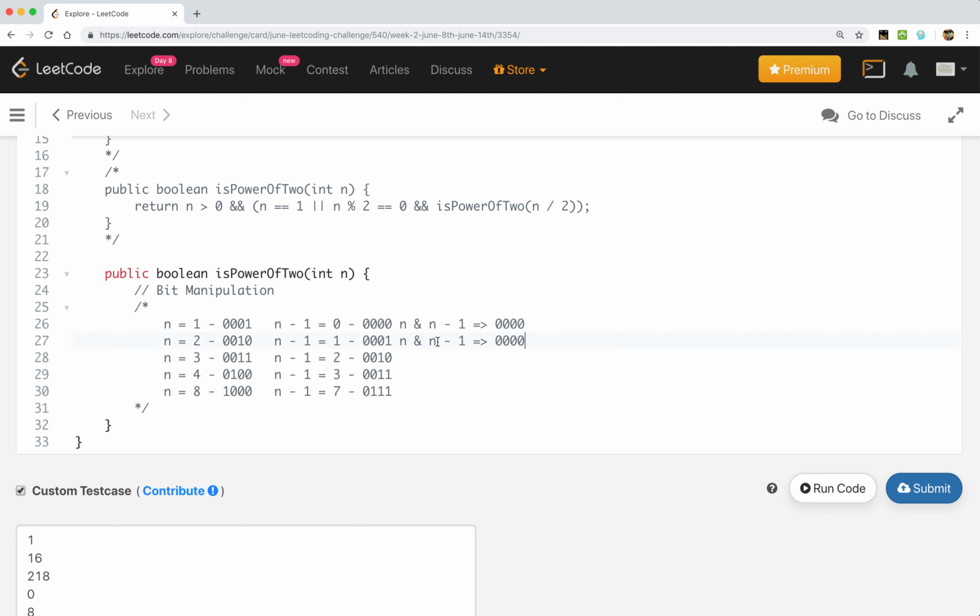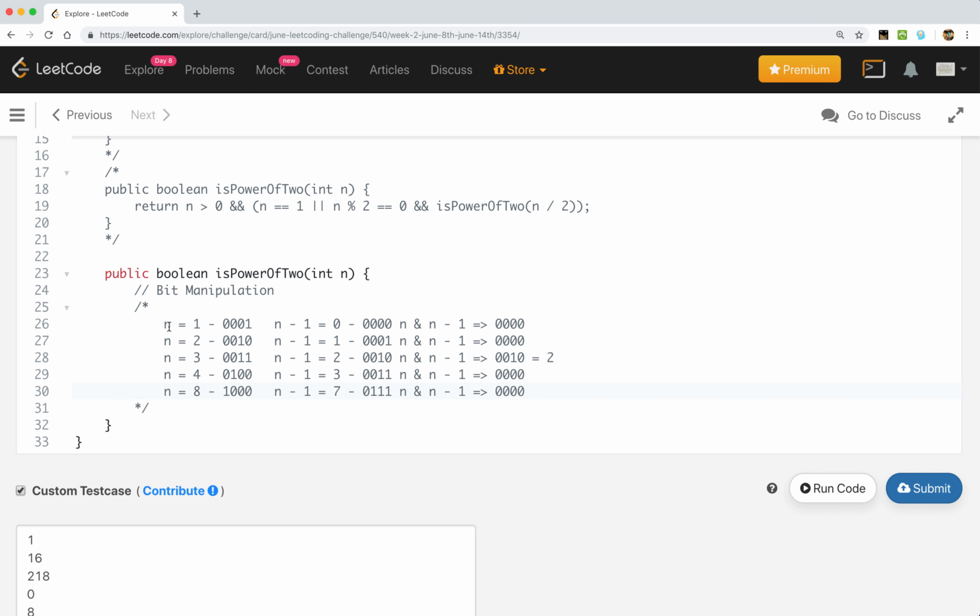For this one, let me copy only this part and calculate the other part. If we do bitwise AND of 0 0 1 1 and 0 0 1 0, we will get 0 0 1 0 which is 2. And here again, if we do bitwise AND, we get 0 0 0, and the same here, this is also 0.